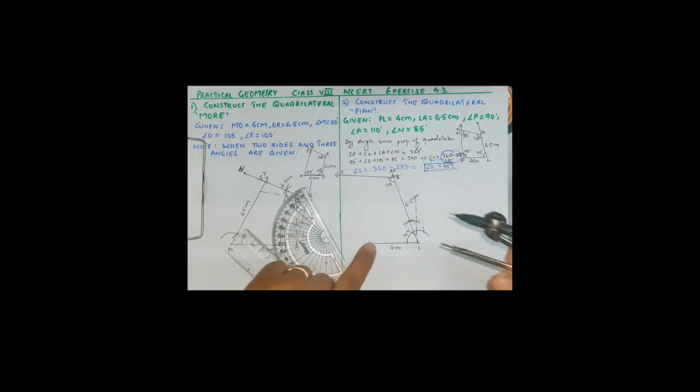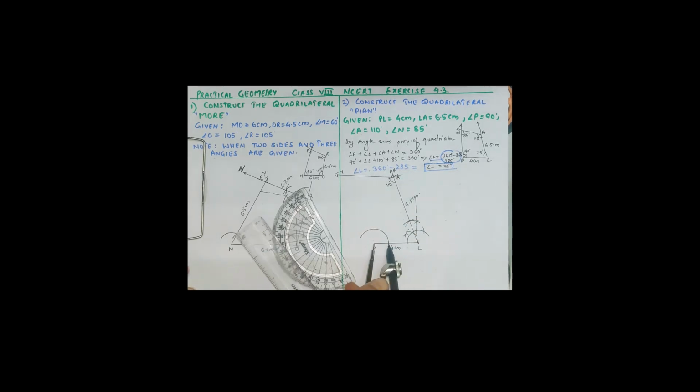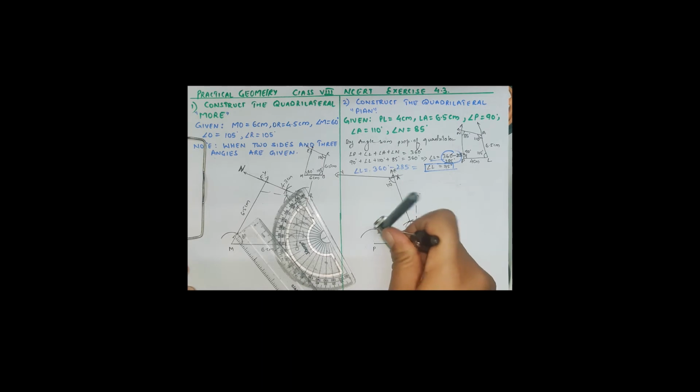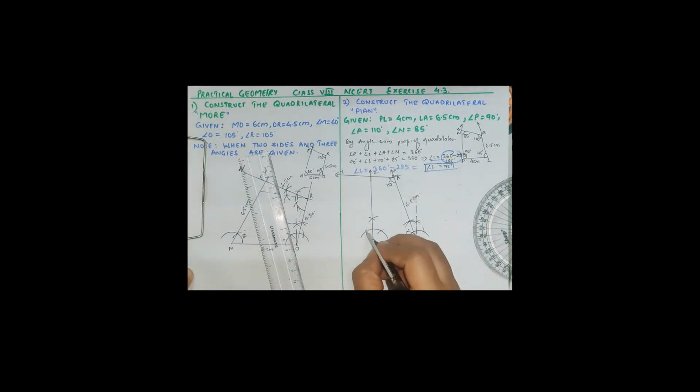Now at P you need to draw a PZ such that angle LPZ should be equal to 90 degrees. It is exactly 90 degrees. Many a times we have drawn 90 degrees, so it is very simple. First arc 60, second arc 120, then with the help of the 60 and 120 points you need to construct 90 degrees in between, and in this way you will get your 90 degrees. So LX, AY, PZ will be there. Thick, and it is your 90 degrees.